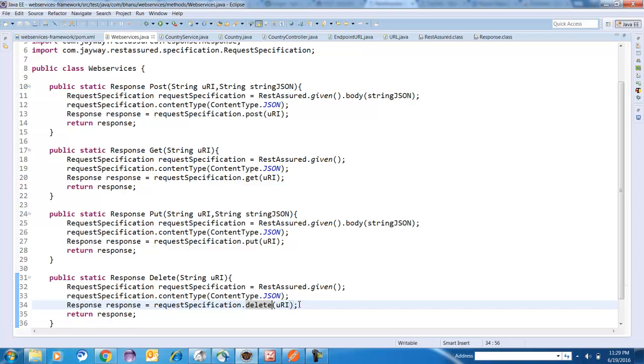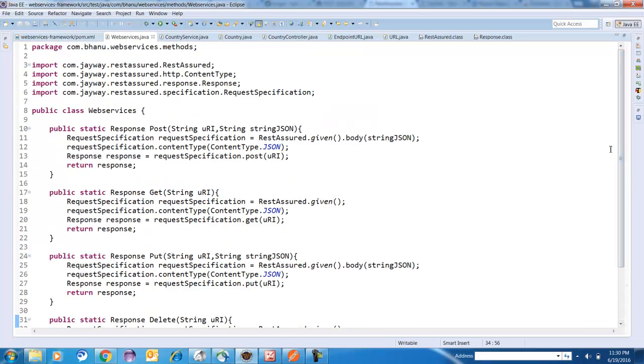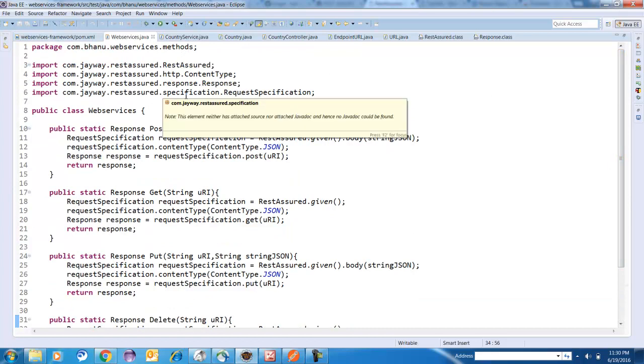So my four methods are ready: post, get, put and delete. Now my web services.java class coding is ready, right? Now this class coding is ready. And guys, you see one more thing. See, I've done a lot of imports. So what happens is